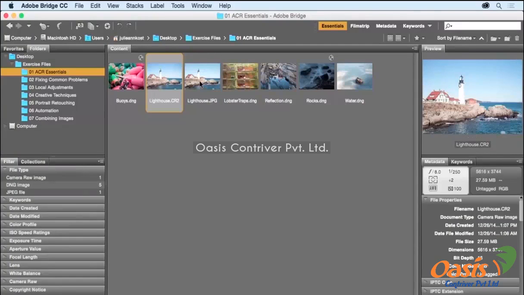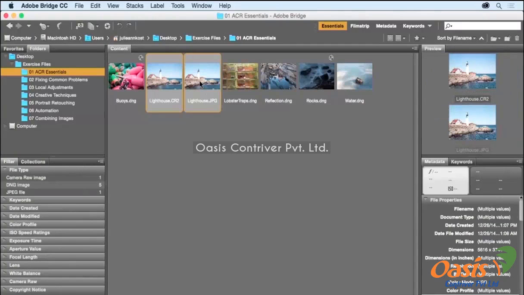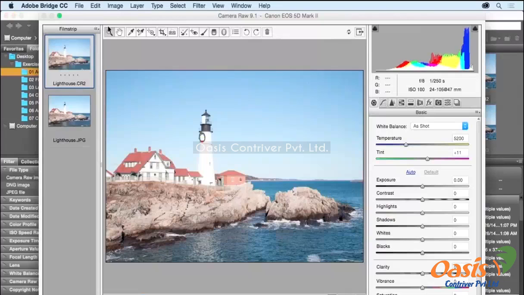Click on one and then hold down the Command key or the Control key and click on the JPEG version of the same document. Then to open them in the Camera Raw, I'll click on Open in Camera Raw icon. I'm also going to put this into full screen mode by clicking on the icon right here to the left